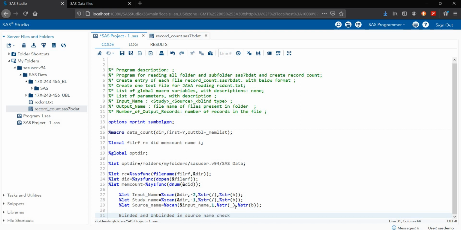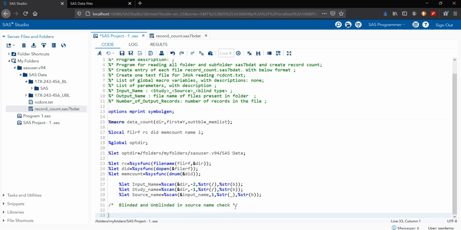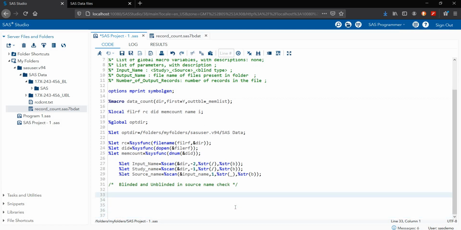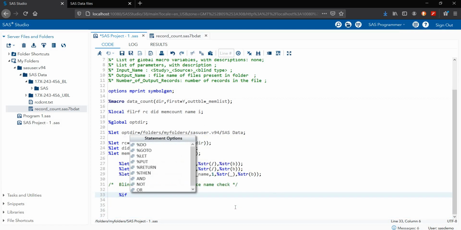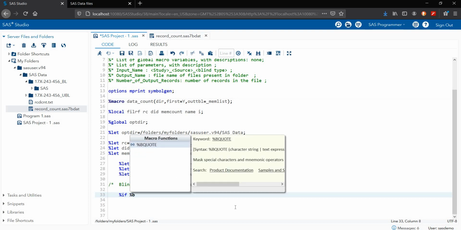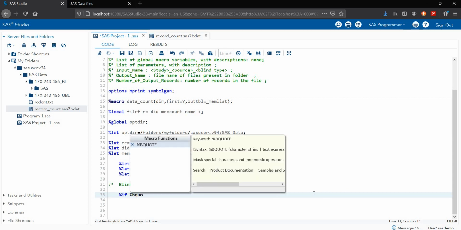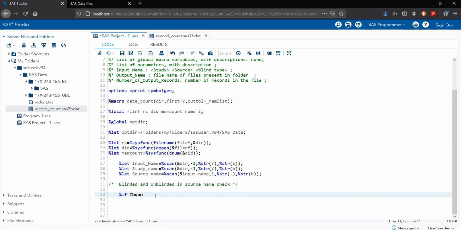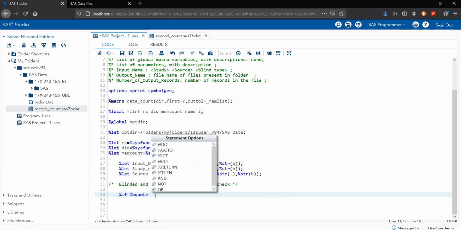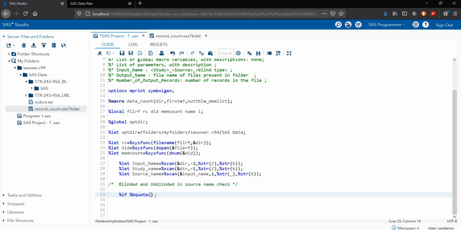I'm using %if because this is a macro variable, then I'm using %bquote. The %bquote function masks special characters and numeric operators to resolve the value at macro execution, and there is also %unquote for unmasking. Then I'm calling the source name.